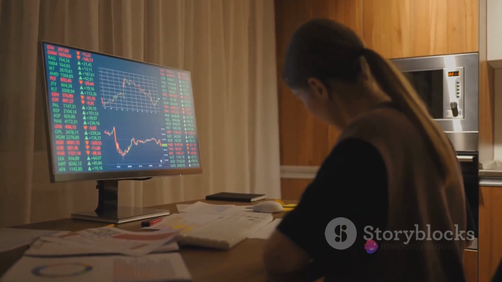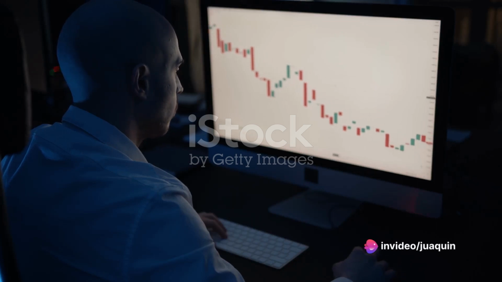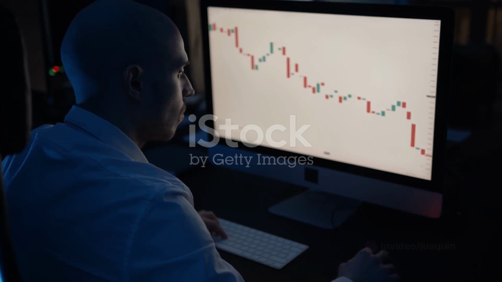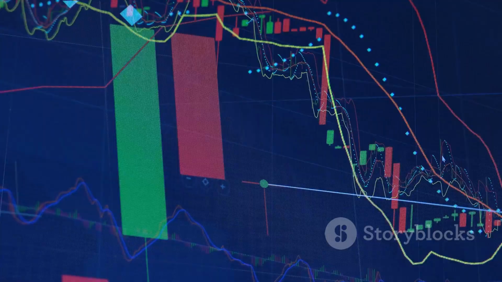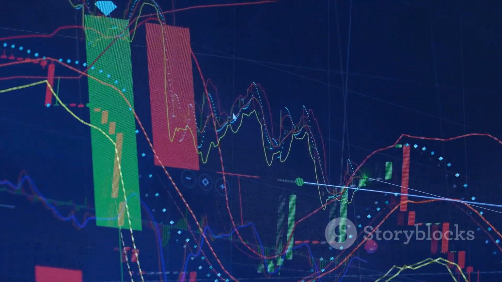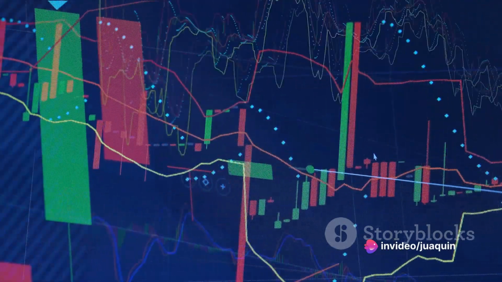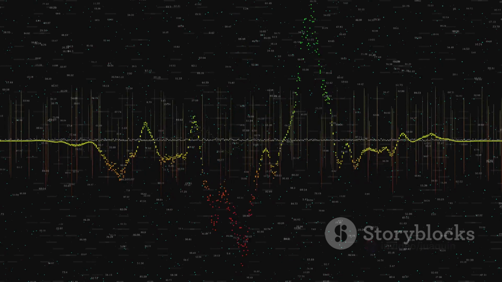Trendlines are yet another instrument in a trader's toolbox for identifying trends. These lines, sketched on a price chart, connect consecutive lows in an uptrend or consecutive highs in a downtrend. They don't just help in visualizing the direction of the trend, but also act as markers for potential support or resistance levels. And then, we have technical indicators such as the relative strength index, moving average convergence divergence, and the